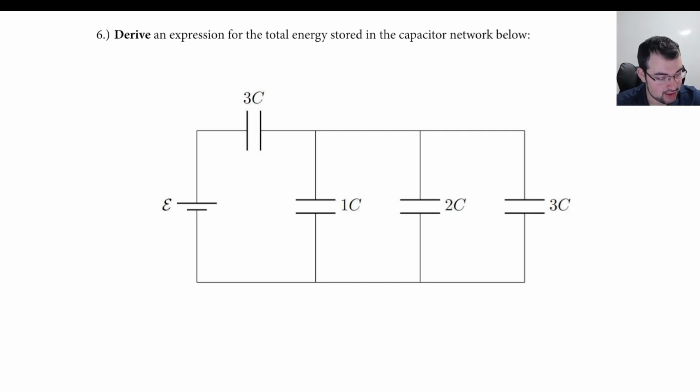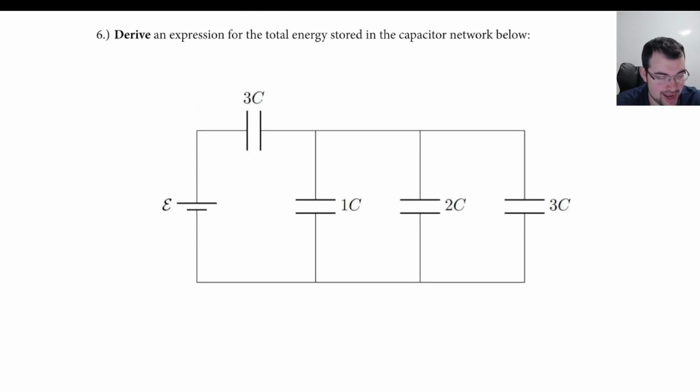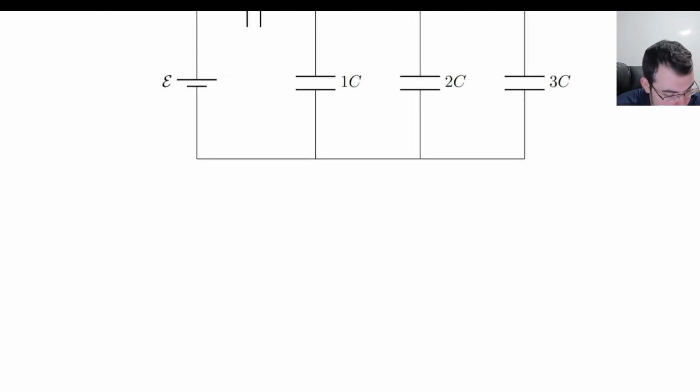That's obviously not the right, I mean, it works. But we just talked about equivalent capacitance. So there must be a better way. And of course there is. What is that? Well, we know that the idea of equivalent capacitance means we can replace the entire circuit with one capacitor that incorporates all of the information. So we can say that U total is equal to